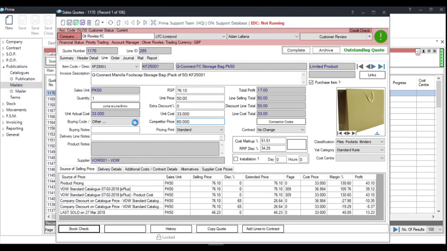Connection in here is not the best, so go into the quote line and you can see there the competitor price. From there you can enter this information against each line, and when you produce the report you can then see what the saving is on each item. As I was saying, in the first phase of this release you would need to have a competitor price for that report to work in its full capacity,